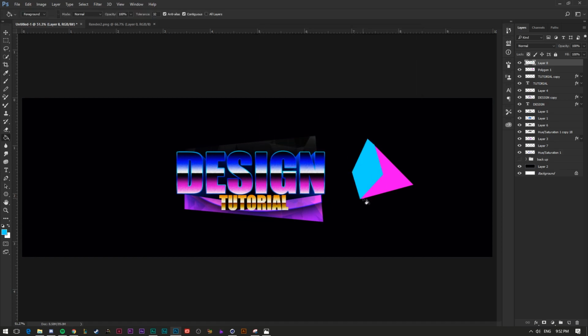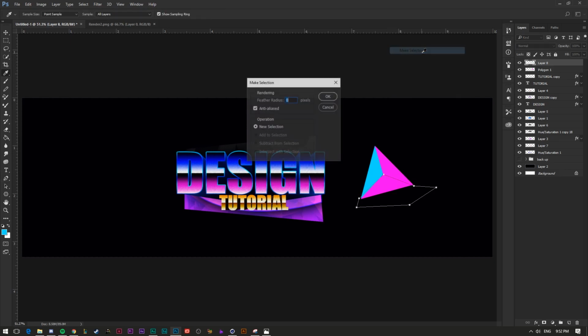Okay, this one. Press Control-Shift-I and delete out the rest. So what I did there is I control-clicked the thumbnail of the polygon layer, and then I made sure I'm on the triangle, like the pen tool thing, and then I press Control-Shift-I to invert the selection, and that deletes all the stuff that's the excess. Easy peasy. Pen tool again, just select onto that point, and bam, right click, do make selection, and we're gonna